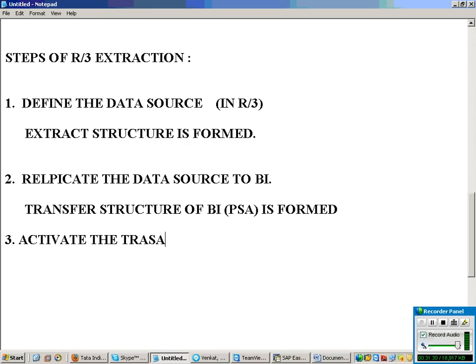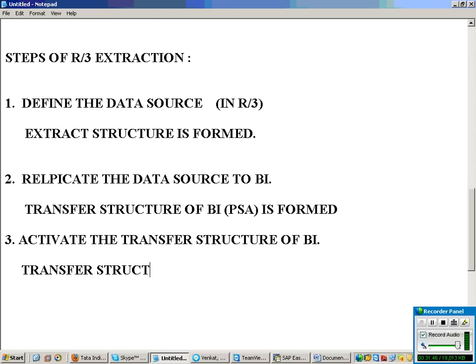Activate the transfer structure of BI. This also has to be done in BI only. Once I activate it, the transfer structure of the source system will be generated.